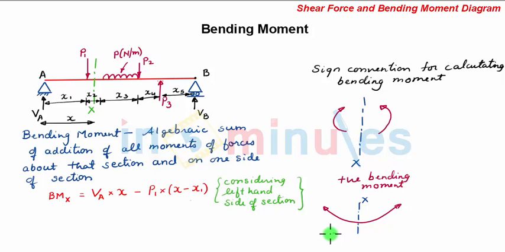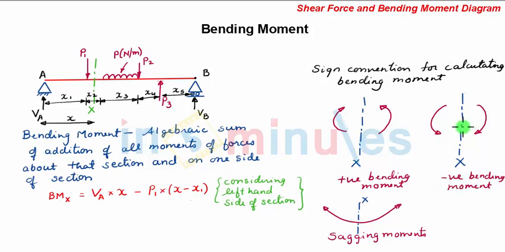These bending moments are also called as sagging moments. So sagging moments are positive bending moments. Also, for a particular section X, anti-clockwise moment or couple on the left hand side of section and clockwise couple or moment on the right hand side of section are considered as negative bending moment. The two effects can be coupled and shown as a downward curve as this, wherein an anti-clockwise couple on the left hand side of section and clockwise couple on the right hand side of section is considered as negative. Such moments are called as hogging moments. So hogging moments are negative bending moments.